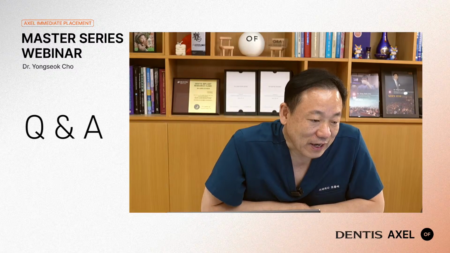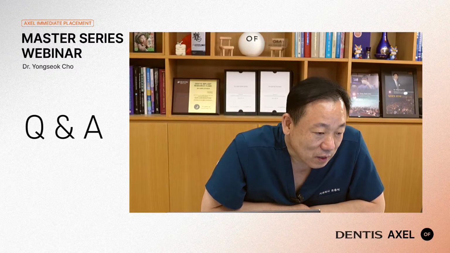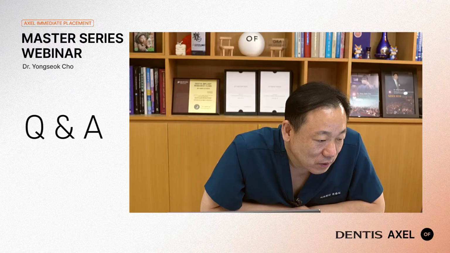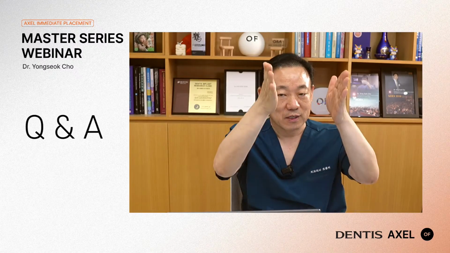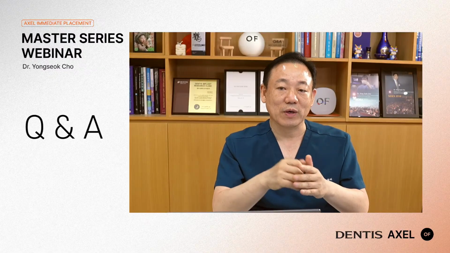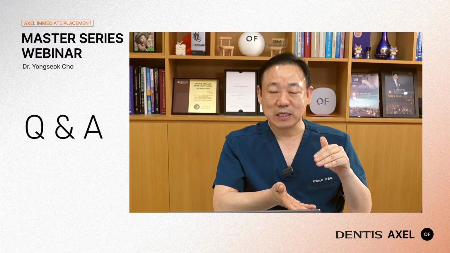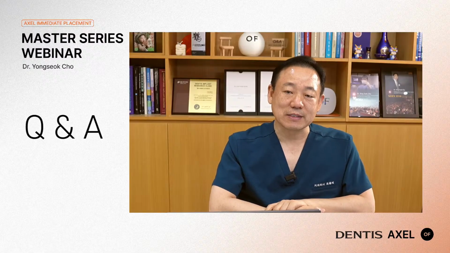Another question: should we place the implant in the socket or in the radicular bone? Yes, it's possible. In the case of a premolar site, you can place the implant utilizing the socket itself. The premolar is not round shaped. It is slender mesiodistally. So when the available bone height is not so much, we can anchor the implant inside the socket. However, at a molar site basically